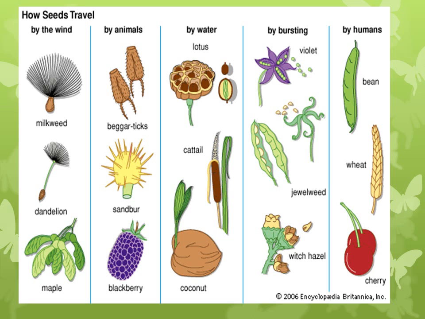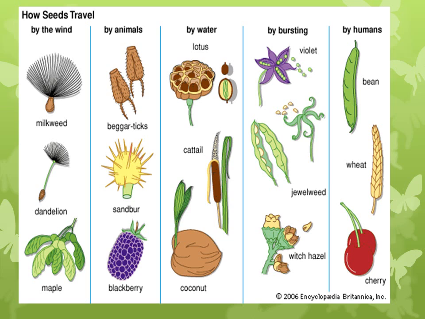By water, for example, lotus, cattail, and coconut. These float on the water and somewhere else they will land on the seashore or somewhere else and they grow into new plants. Then by bursting, when the fruit is ripe, they burst, and with the force of the burst,